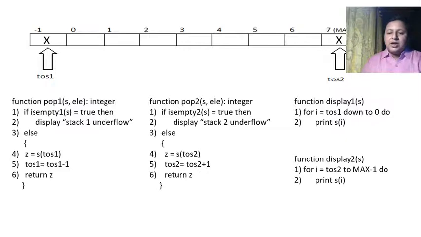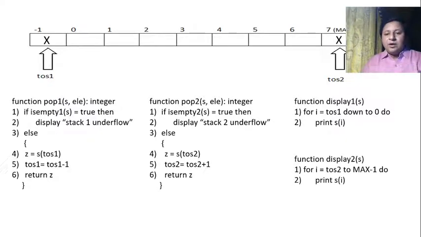then I'll get the first stack printed. On the other hand, for display 2, I am going to come the opposite way rather, while pushing. So maybe toss2 starts from max -1, it goes down to some level which is pointed by toss2. So if I again want the elements to be displayed in the order they're going to get popped, for second display, I'll start my I from toss2 and it will be displaying up to max -1. So for I equals toss2 to max -1, print s of I.